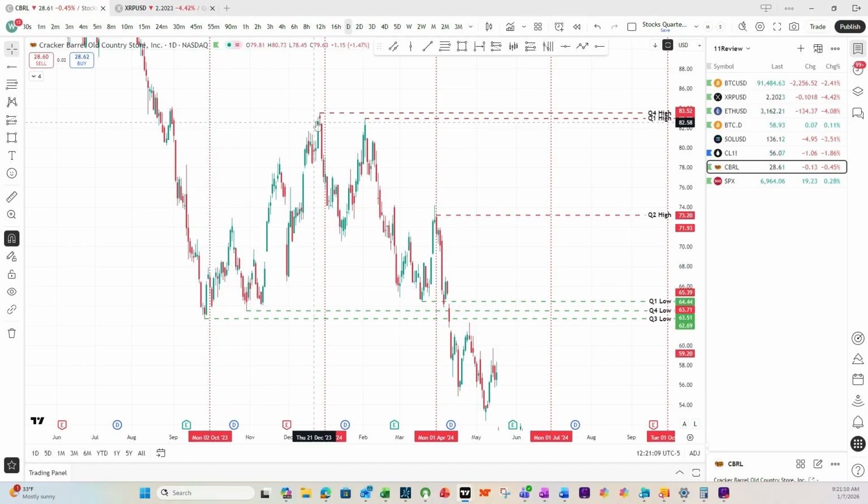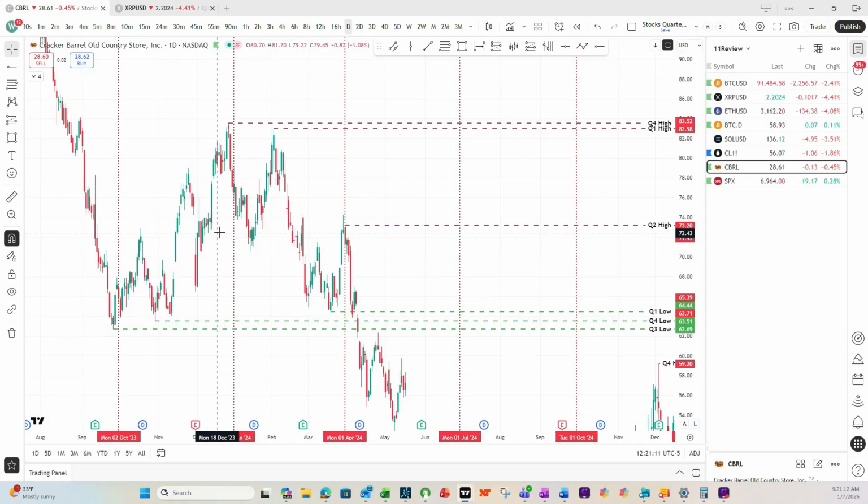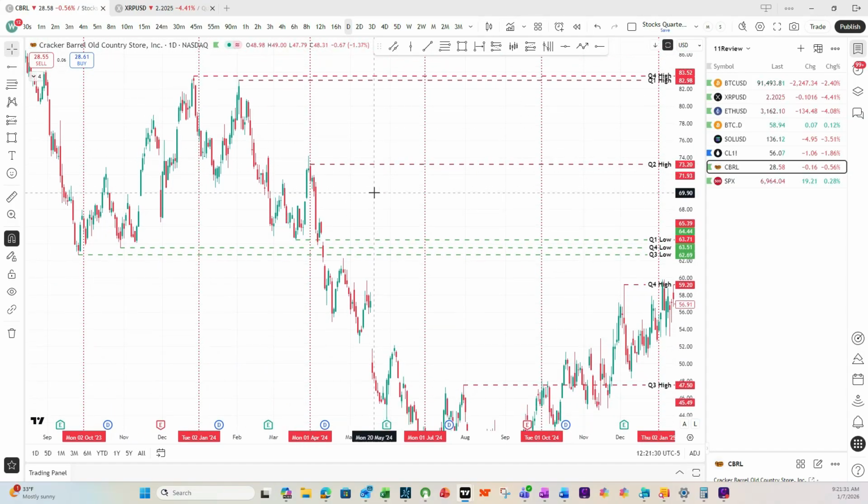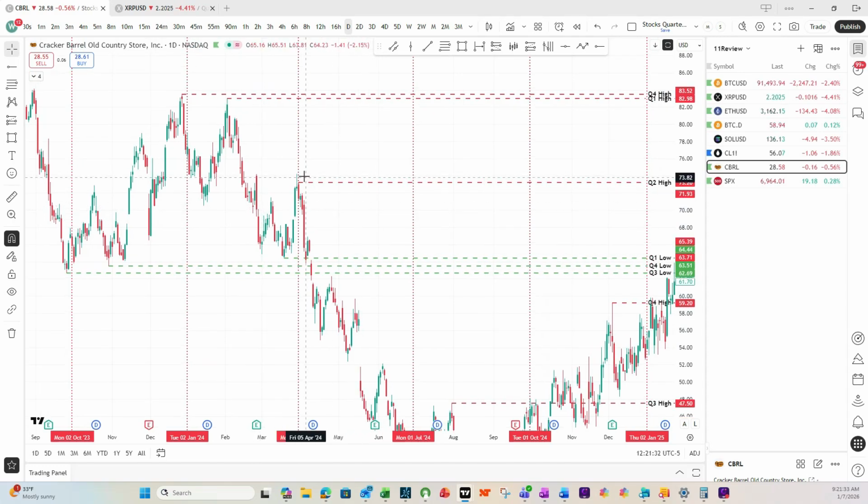Okay, go up, we make a high on quarter 4, and then for quarter 2 we make a high and a low. So this quarter was an inside quarter. Technically this one was 2. Then we go to quarter 2 and we make a high, and then we take out essentially these 3 lows,